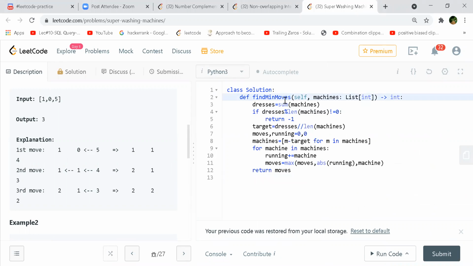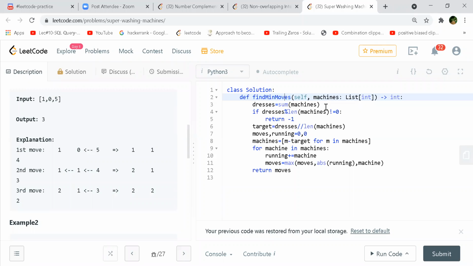I was trying to compare it with the gas station problem. I also thought initially that, but it's somewhat related to the candy problem also, where we do two passes, left to right and right to left, and take the max of it. Yeah, actually, it's a mix of the gas surplus as well as the candy problem, I would say.